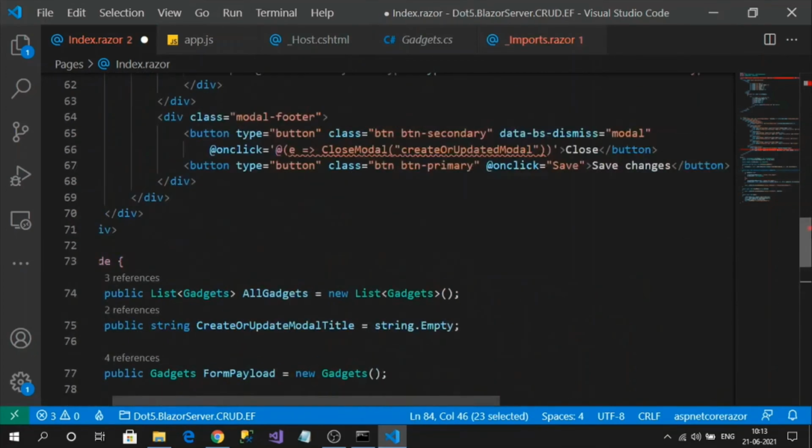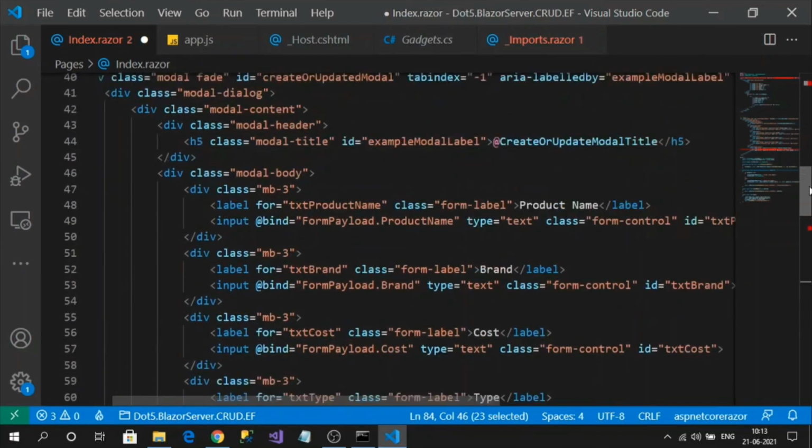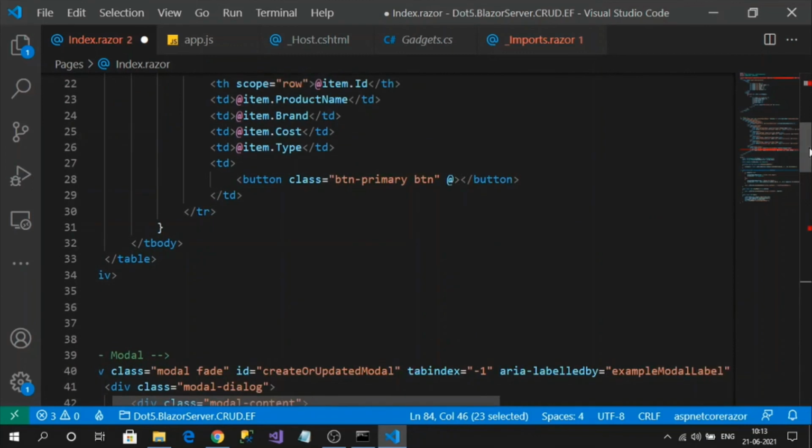So in the edit button, I can invoke the click method for that button. So here, on click equals, we know we need to raise a delegate, right?